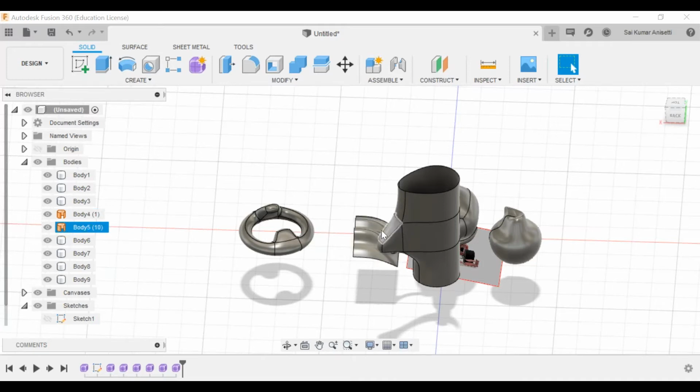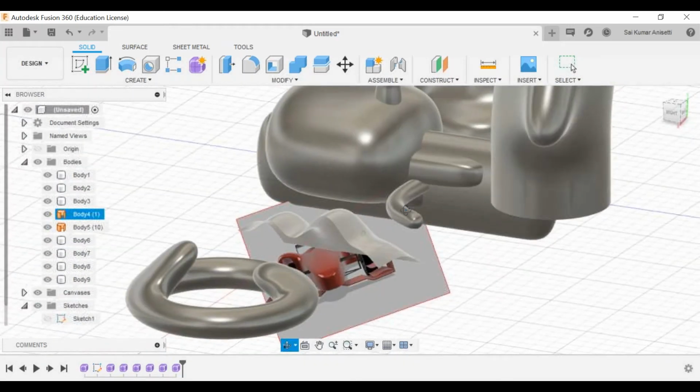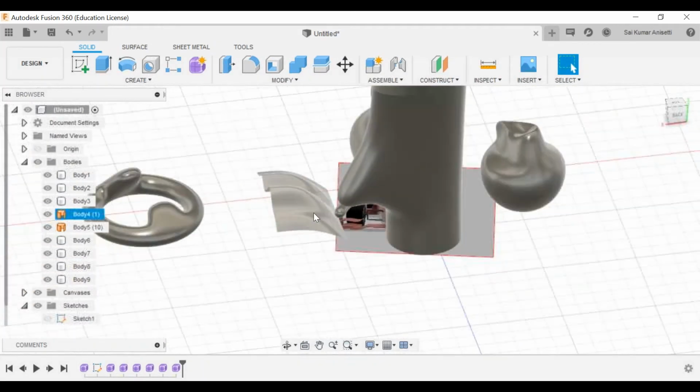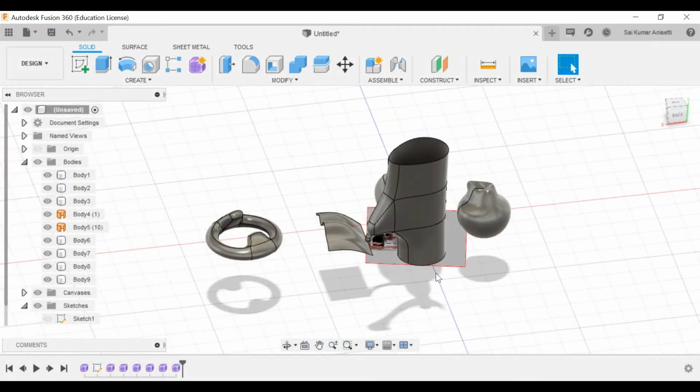You can generate this particular tool using surface design too, by taking a simple spline, extruding it, and making those cuts. So that is about your sculpt environment and 3D modeling. It is up to you to choose your own 3D modeling, and what mini project you do is left to your decision.